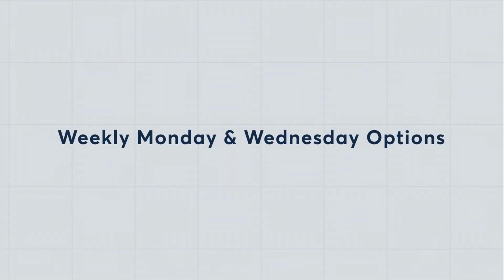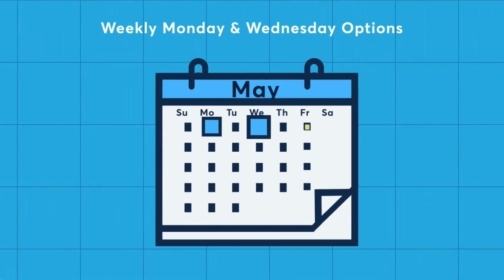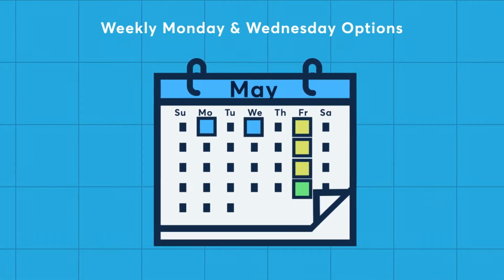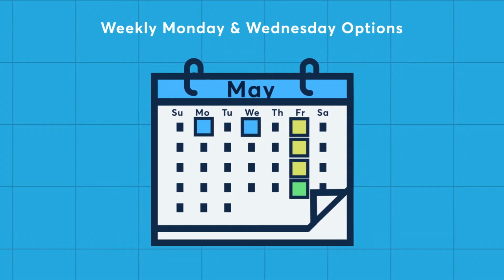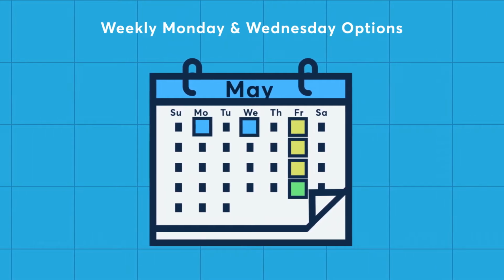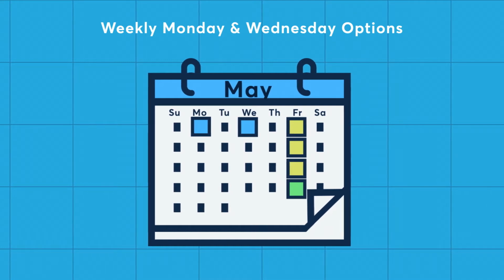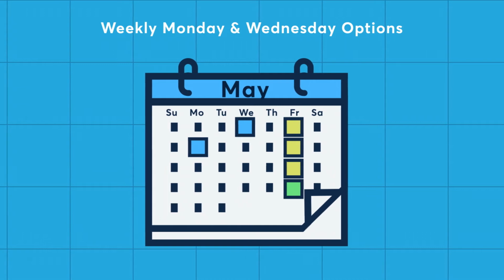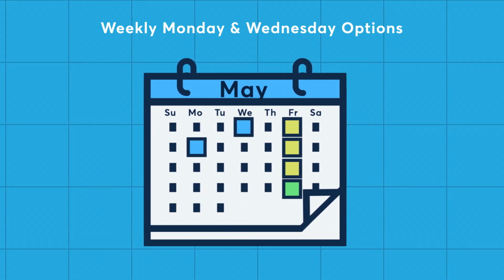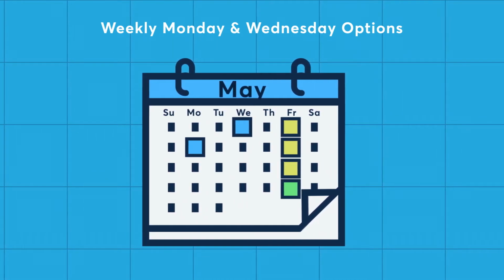Additional weekly, Monday, and Wednesday options contracts will also be available to trade. For example, during the first week of trading in May, Monday and Wednesday option expirations will also be listed. Generally, there will only be 1 Monday and 1 Wednesday option listed at a time. However, on the expiration date of these options, the subsequent Monday or Wednesday expiry will be made available. This allows midweek position and risk management of cryptocurrency exposures.